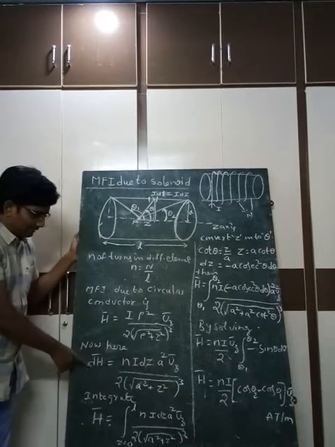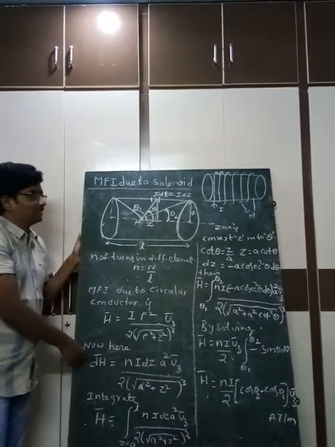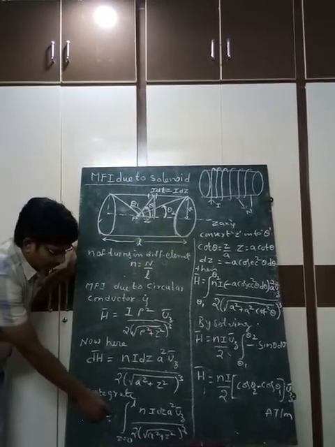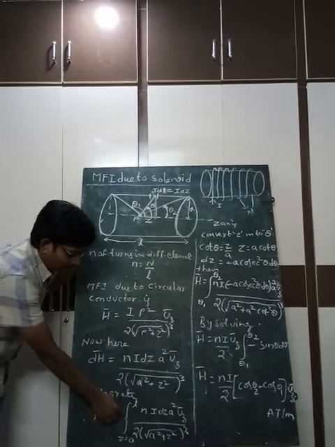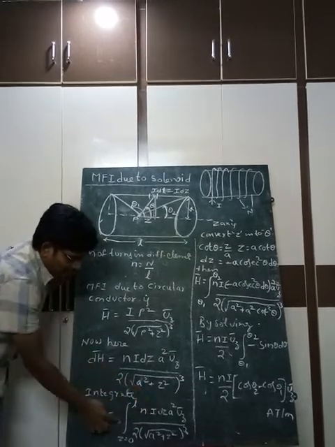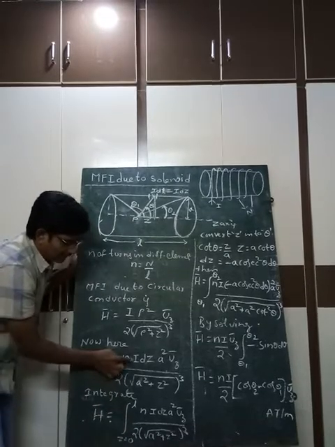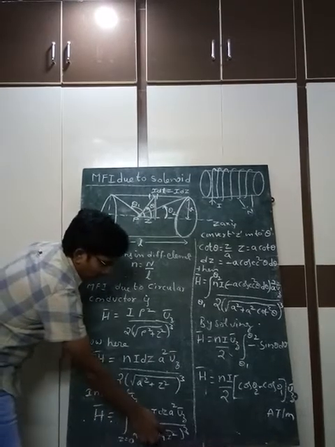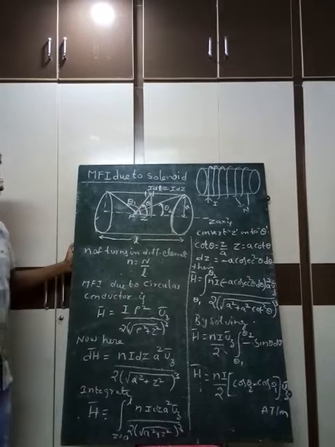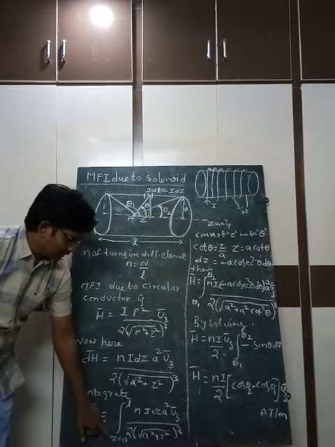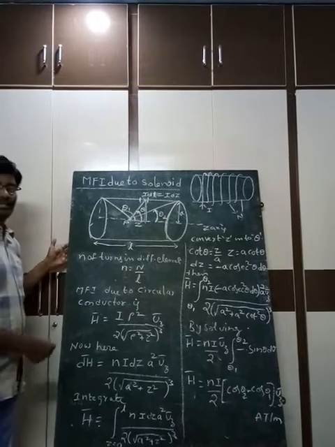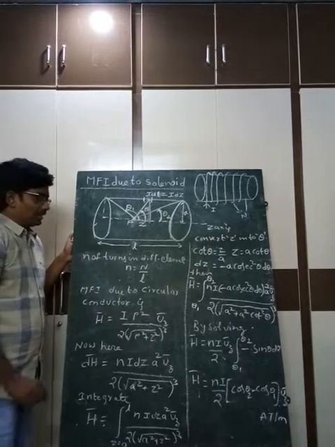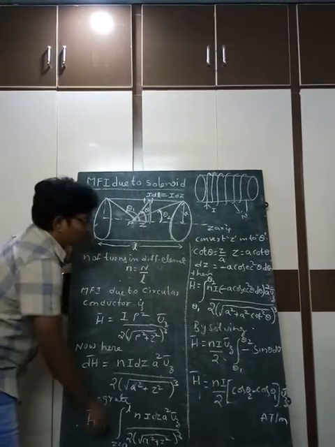Now by integrating this equation, we can get the total magnetic field intensity at this point P due to the total length of the solenoid. So H bar equals the integral, where the variable is z, with z from 0 to L, of n I dz a square uz bar divided by 2 into root of a square plus z square whole cube. For convenience, the z limits are converted into theta limits, because in the next case we are going to determine the magnetic field intensity due to an infinite length solenoid. So it is convenient to convert these z limits into theta limits.